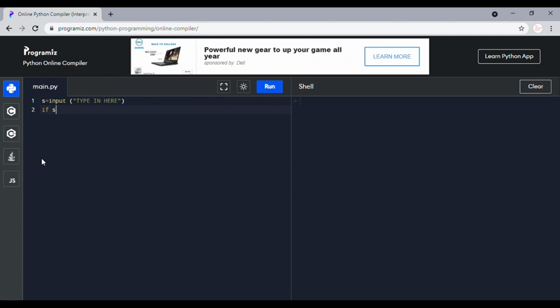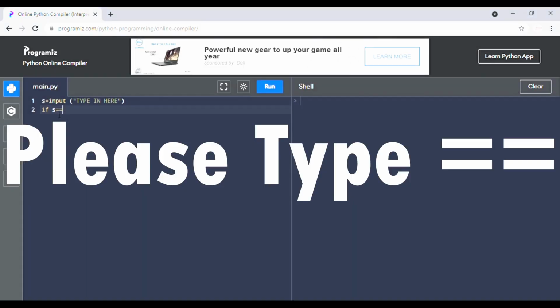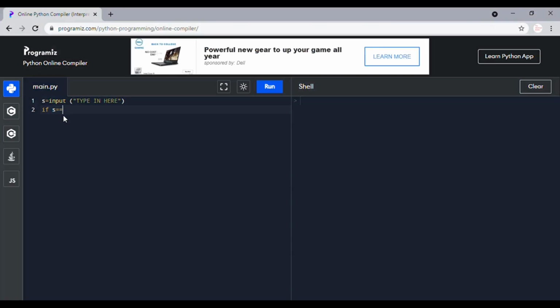If s equals to, we need to type equal to twice, because Python doesn't recognize the single equal to. So for equal to, you need to put like the, what do you call that,